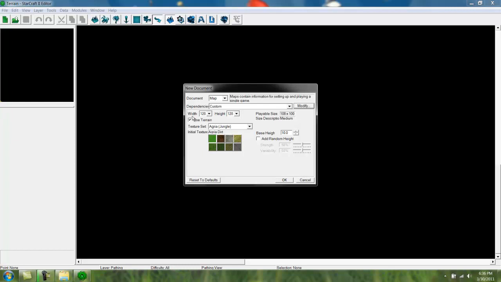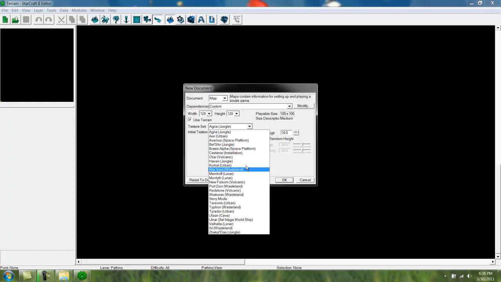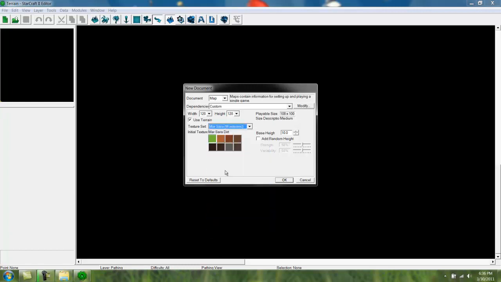We're going to use a width and height of 128 by 128. That's fine. And for texture set, click on the drop down. We are going to use, let's get Mar Sara Wasteland, and let's make the default texture be sand. Okay, and base height 10, that's good, this looks good. Click OK,